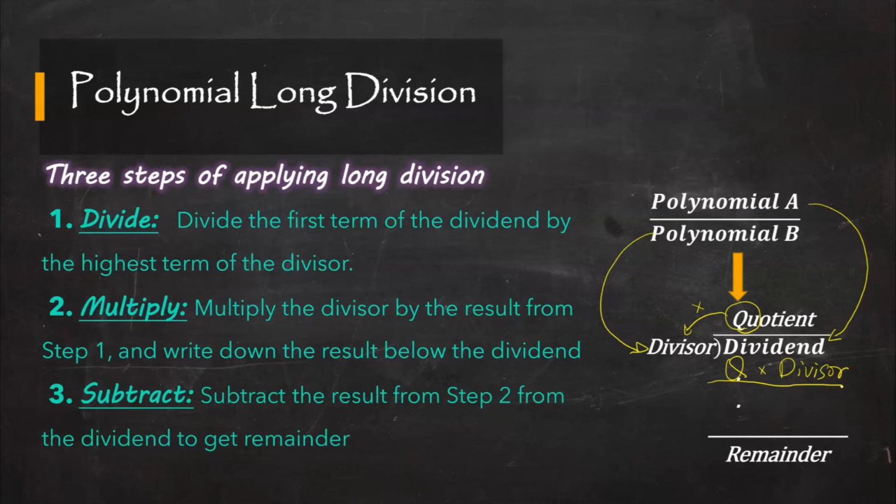Number 3 is subtract. We subtract the result from step 2, which is q times divisor, from the original dividend to get the remainder. So here we'll have subtract, the whole thing here. We have polynomial a minus the quotient times the divisor, and then we will get the remainder,